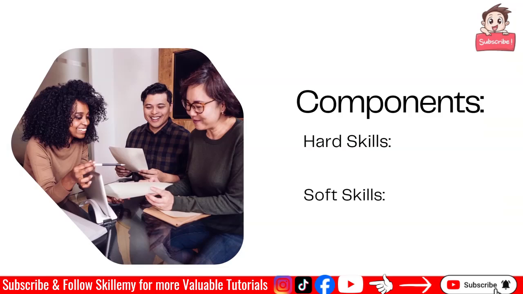The components: hard skills and soft skills. The hard skills are specific teachable abilities or knowledge sets such as programming, data analytics, SEO. Soft skills are interpersonal skills like communication, teamwork, problem solving.